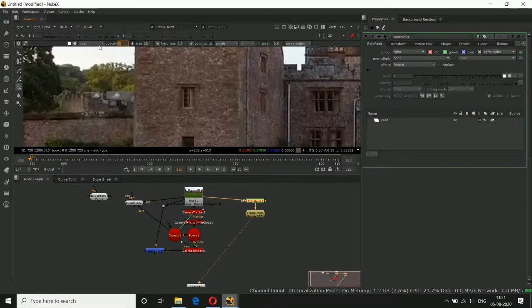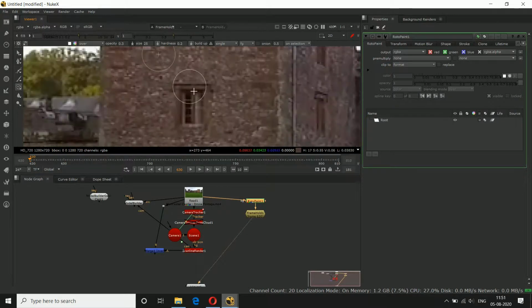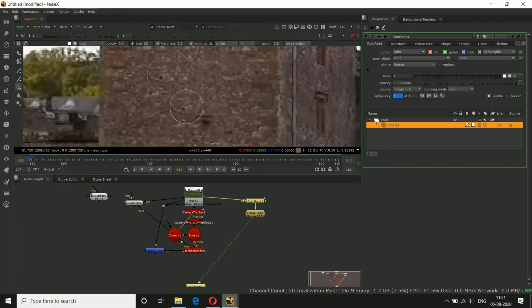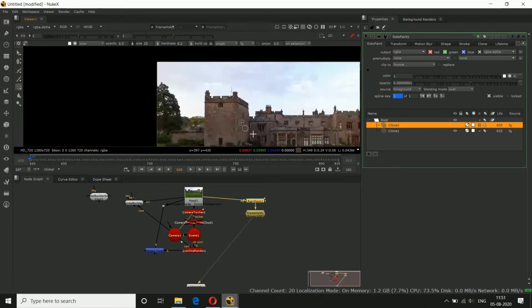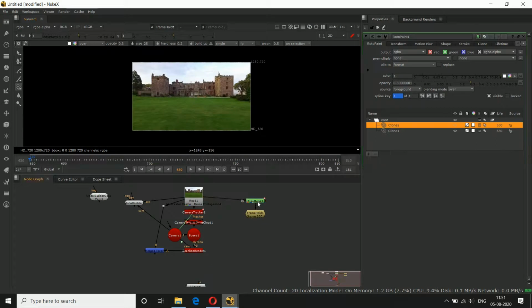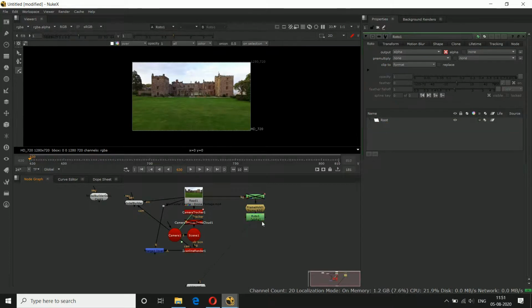We'll decrease the opacity to 0.3. Control and just clean this window properly like this. So our window is clean. Now we'll take one roto node.